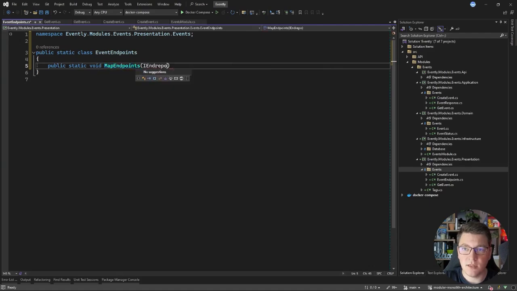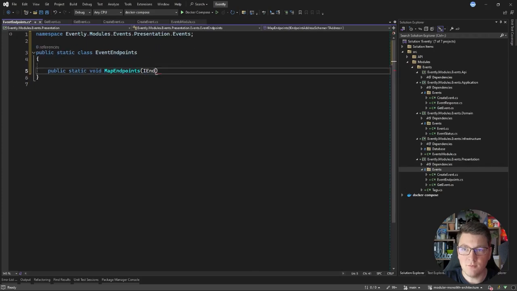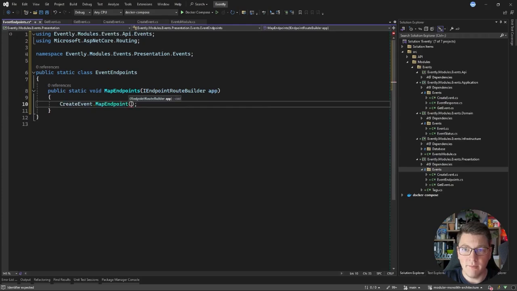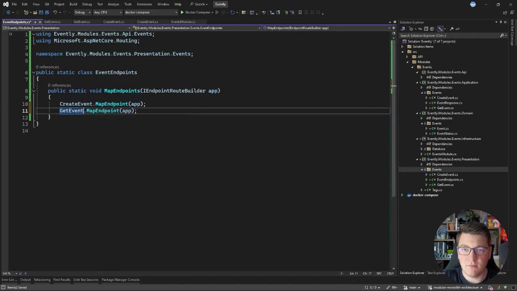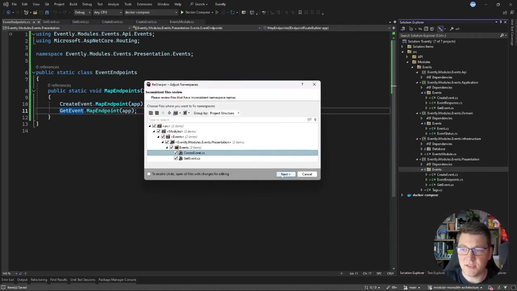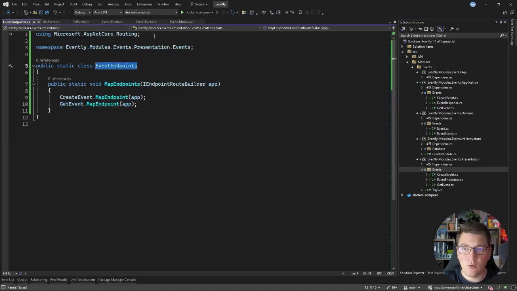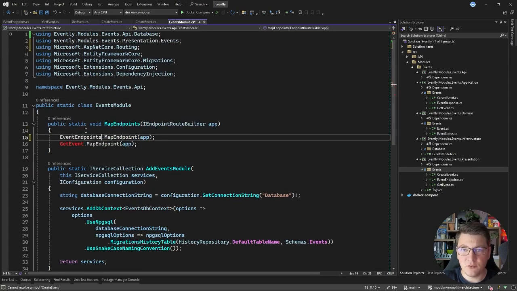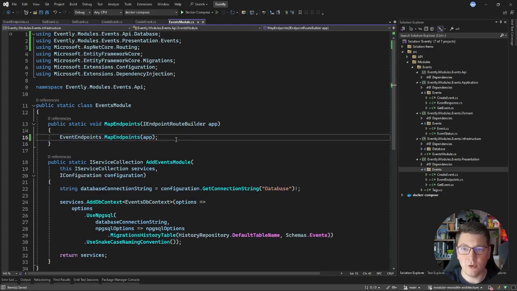It's going to accept an IEndpointRouteBuilder, so same as before. And all it's going to do is take the CreateEvent endpoint, call MapEndpoint on this, and pass in the endpoint route builder. And we're going to do the same for the GetEvent endpoint. I'm also going to refactor this to adjust the namespaces for my endpoints. And now I can go to my events module where I was referencing my endpoints, and all I have to do is reference the EventEndpoints class, call the MapEndpoints method, and pass in the endpoint route builder. This will make it slightly easier for me to introduce